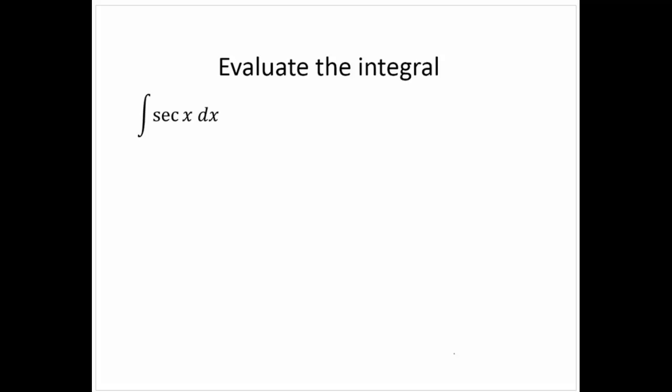What if we wanted to find the integral of secant x dx? Now, unlike the previous exercise, this one is not a simple trigonometric substitution or an identity. This one is not intuitive. It would be difficult to figure this one out on your own. Fortunately, about 500 years ago, somebody figured it out, and once you see it, you say, well, of course, but until you've seen it, it's very difficult to think of how it would have been done. So what we do is,